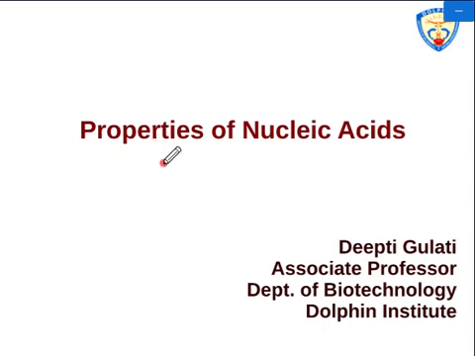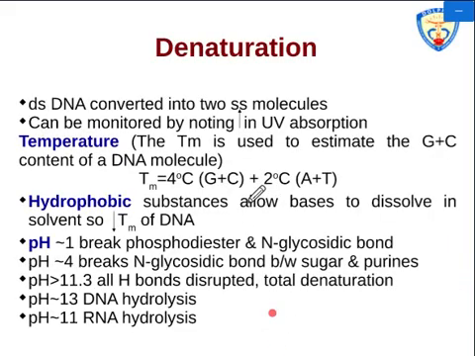Density is used to find out the GC content in the DNA sample and what percentage of the genome is highly repetitive in a particular DNA sequence. In this lecture, we will be discussing some other properties of the nucleic acids, that is how nucleic acids behave when they are denatured. So the third property that we'll be discussing here is denaturation.